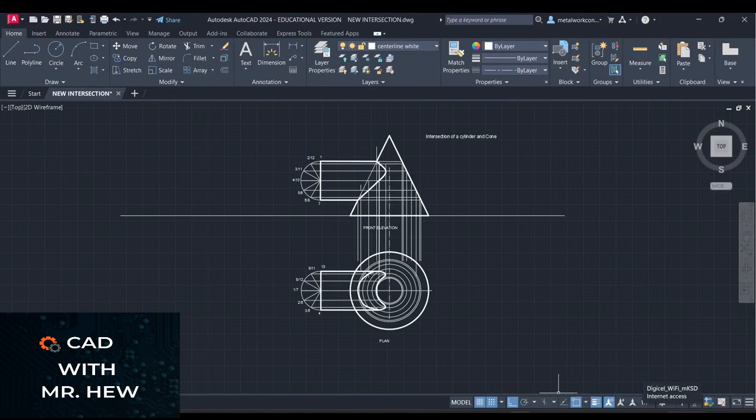In today's video, we'll be completing the end elevation for the given drawing. So in the previous drawing, we drew the line of intersection for the cylinder and the cone. What we'll be doing in today's video, as I said, is completing the end elevation. All right, so the first thing we're going to do is set out where we're going to draw